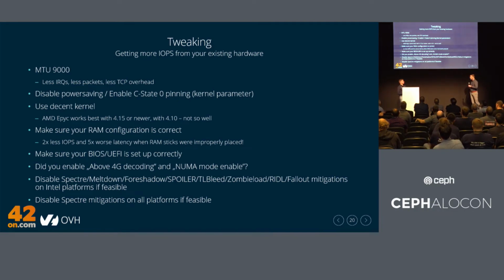Speaking of tweaking, at the networking level, look at the MTU. That's a very common thing: fewer packets per second going over the NIC is better. And one of the things we wrote here is that right now Spectre and all the new stuff, there are so many names for it, is super hot. If you are just running the OSDs on that machine and nothing else, you might consider disabling all those mitigations for the CPUs, because it's only the OSDs running on there. This is something you need to decide for yourself if you trust it, but they do have a performance impact when enabled,